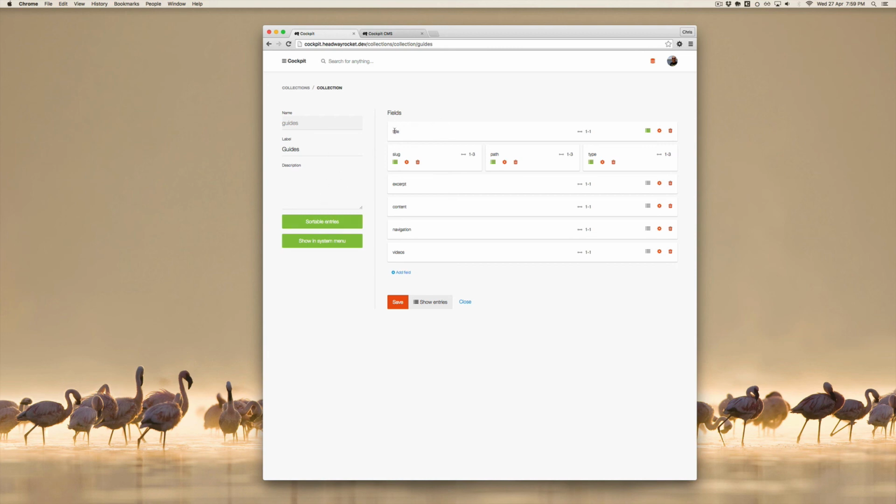So I've got the title and the ability to choose how many columns each of these fields take up, which is a really nice touch, because with a slug, path, and type, each of these are just short text fields that don't require an entire row, so it makes the entire form really efficient. And then you'll see on the content,